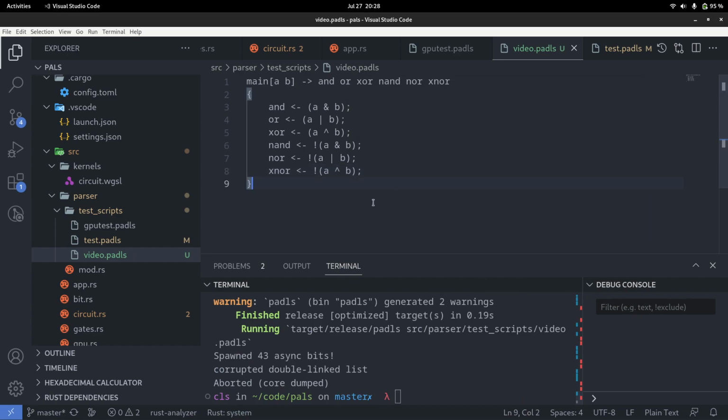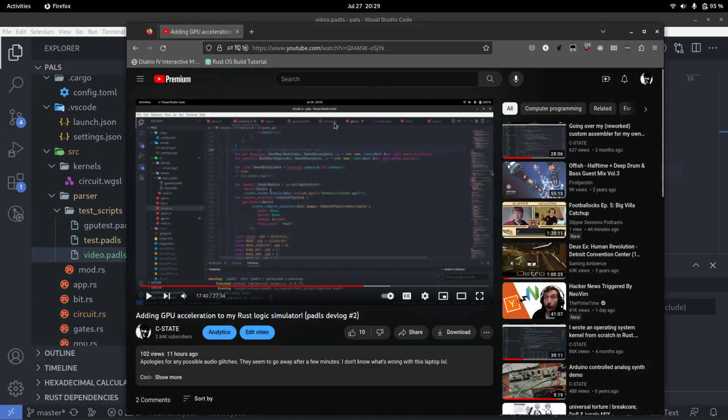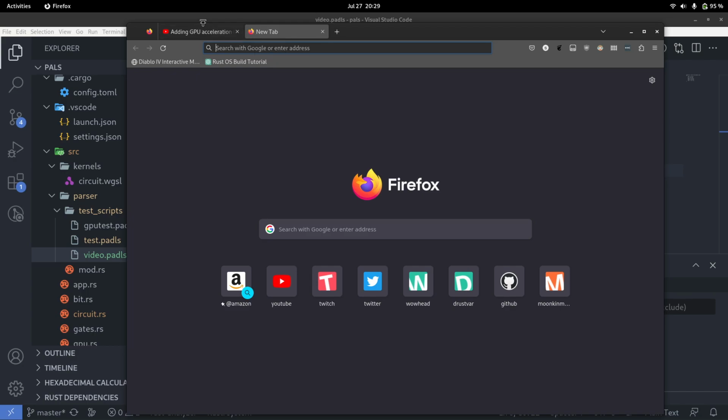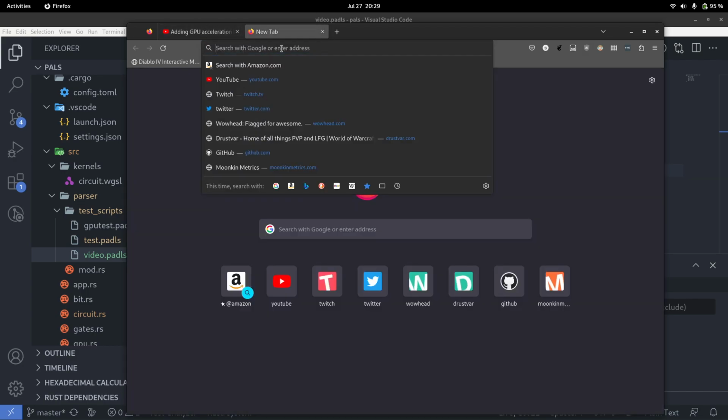So now, what if you want to make something like a latch, or a cross-coupled latch, or a flip-flop or something? Well, you can actually do that as well in padls. And if you don't know, sorry, that's my other video that I made a while back. If you don't know,